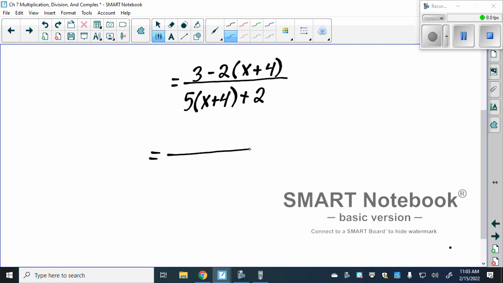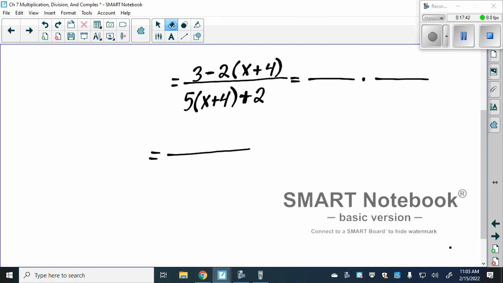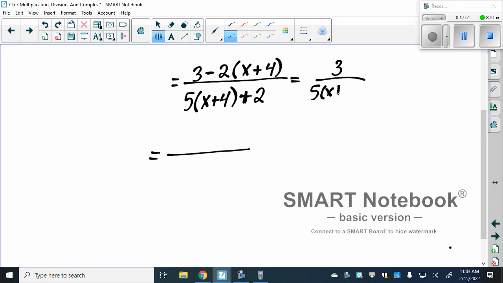Cancel the 2 x plus 4s? We still have the addition subtraction in the middle of them. They are stuck together. We can't just cross them out. Because if we were able to, we would be able to actually split them up as x plus 4 over x plus 4 times the other. Since we can't necessarily do that with addition subtraction, because with the addition subtraction, if we tried to do that, we would get 3 over 5 times x plus